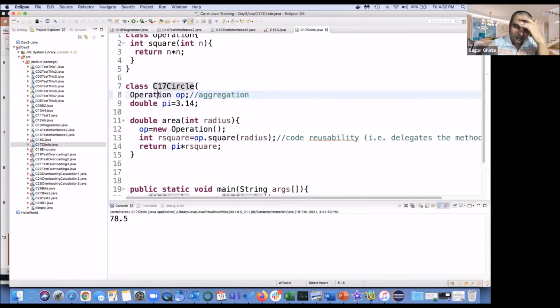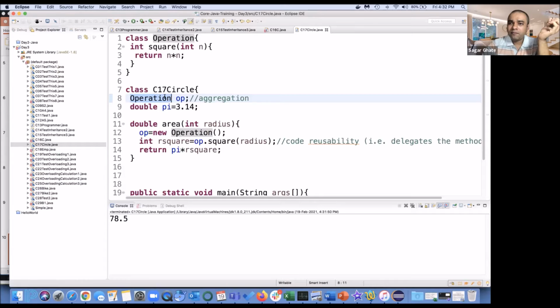In aggregation, we normally define the type of the variable. Say suppose a student can have an address, and student will be one class, and address can also be one class, because address in turn can have different attributes like address line 1, address line 2, district, city, state, pin code.